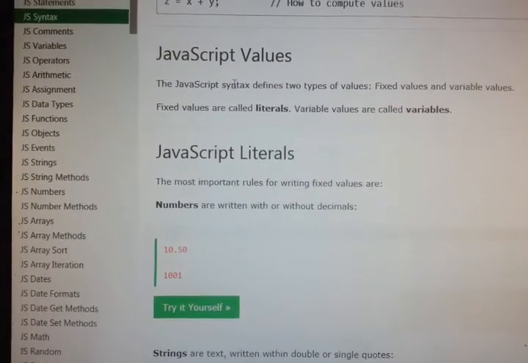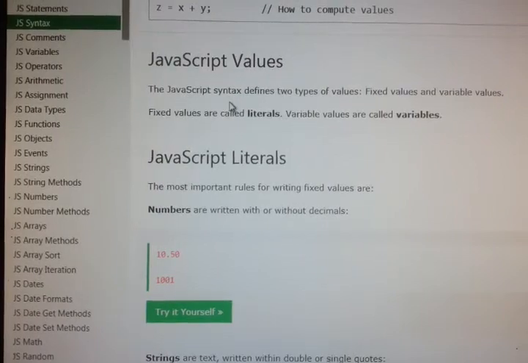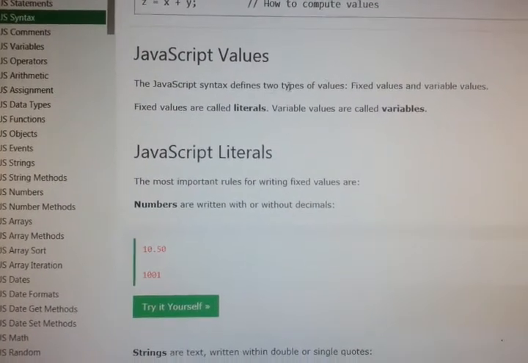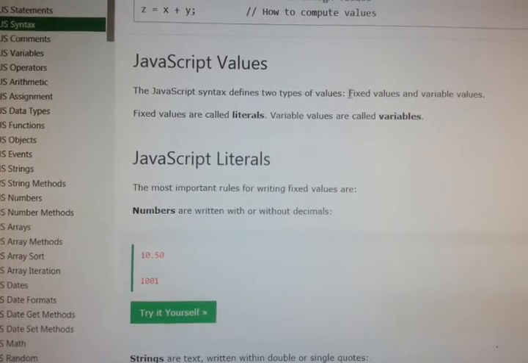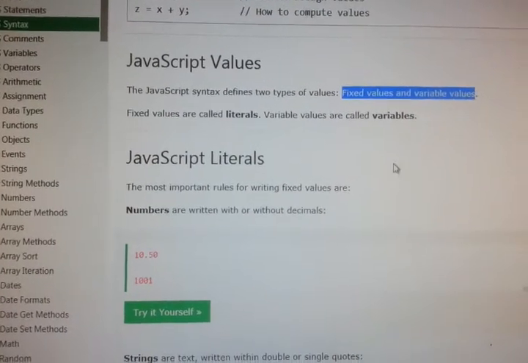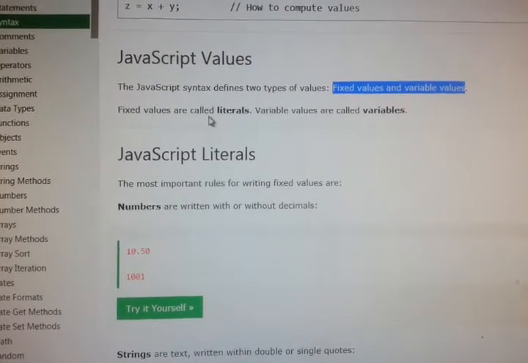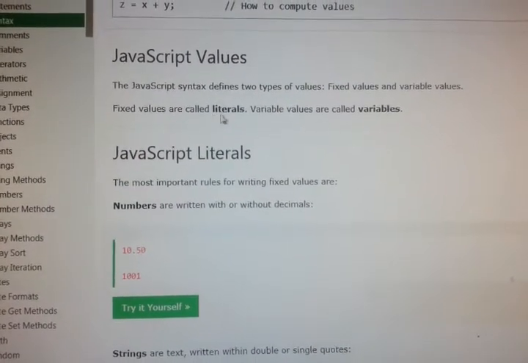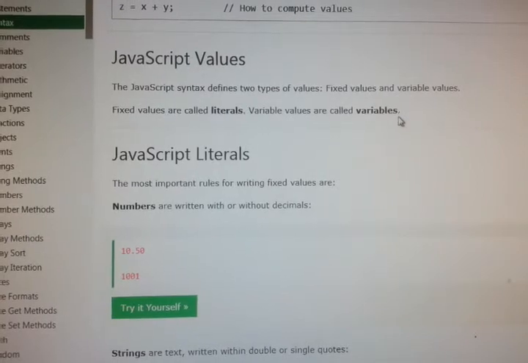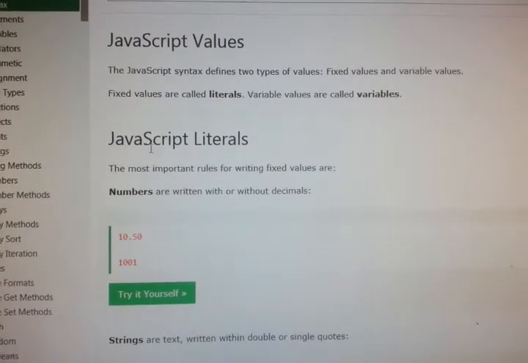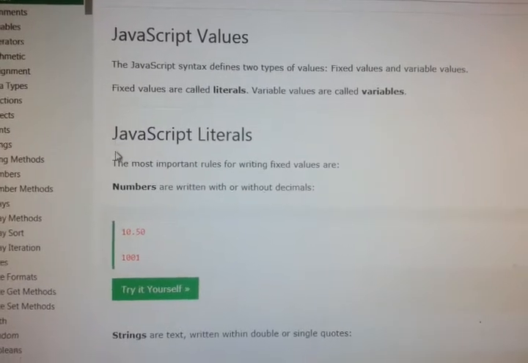JavaScript values are of two types: fixed values and variable values. Fixed values are called literals. Variable values are called variables. Now what are literals? JavaScript literals.